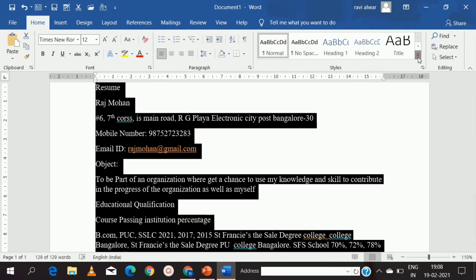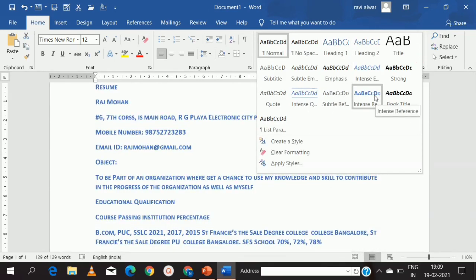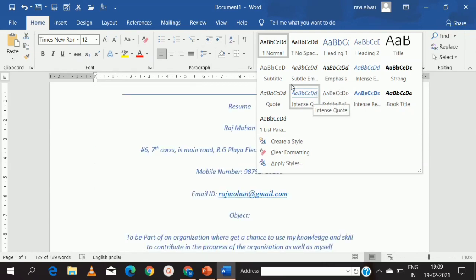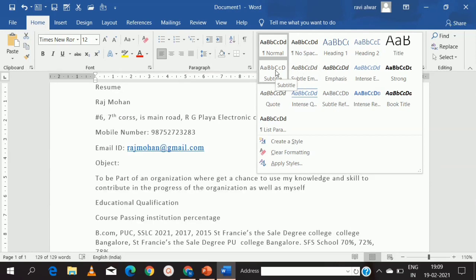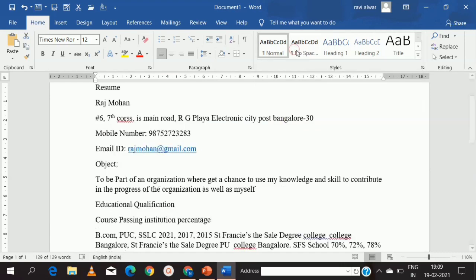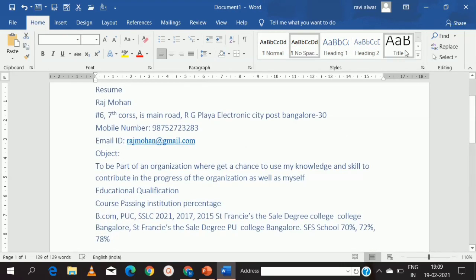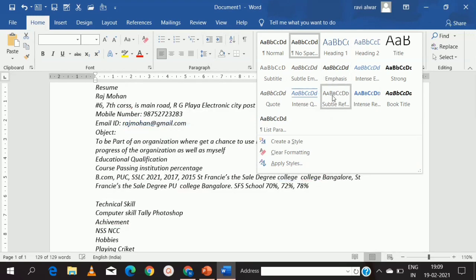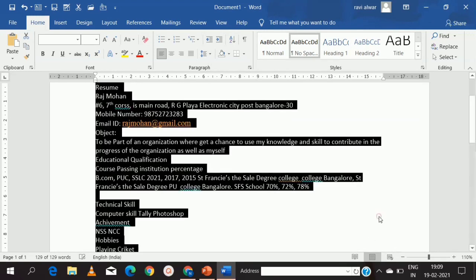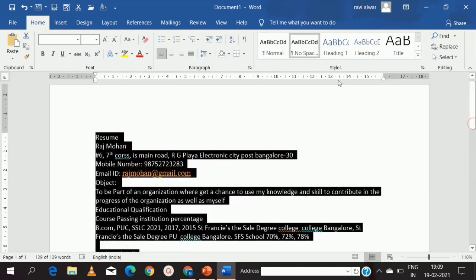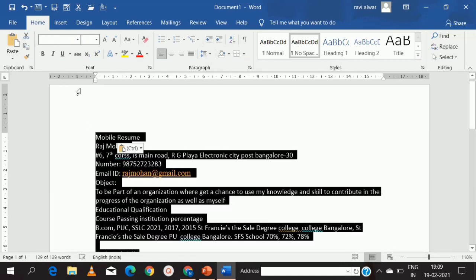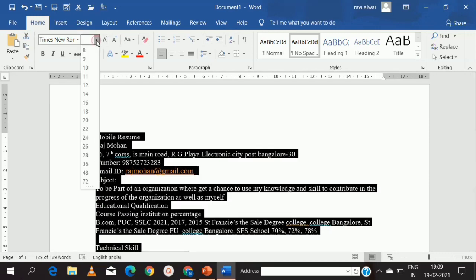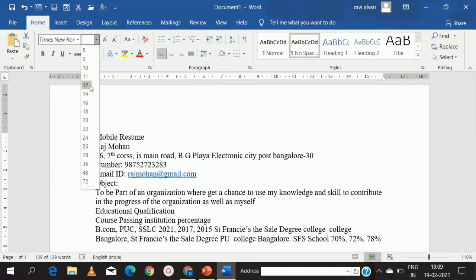Or what I can do is select any one of these formats. Can you see the changes happening here? All these are formats which already exist. If you just click on this, no need to do any formatting, everything will be changed automatically according to this ready-made title. But I don't want to use this, I want to do my own design. So I am going to select my font as Times New Roman, and then select the size as 12.